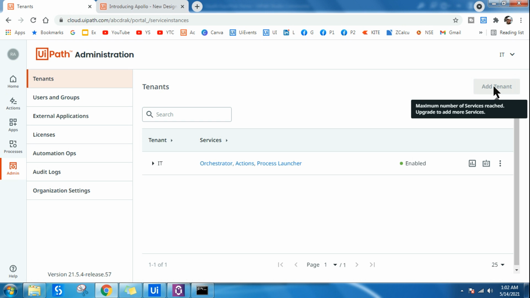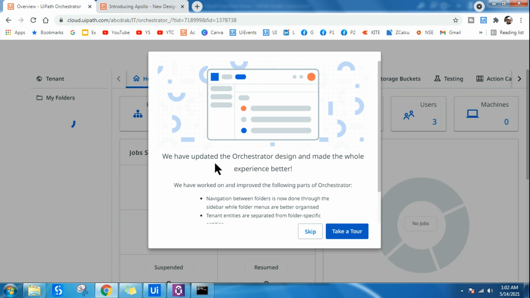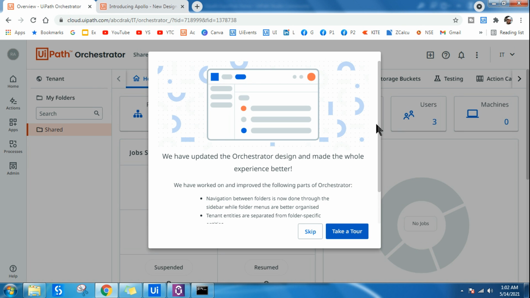Once it is created, the second thing I'm doing is clicking on this orchestrator link. Simple. First, you sign in to cloud.uipath.com. After sign up, that is the page you will land on, and then the first thing is to create a tenant. Done. Simple step.